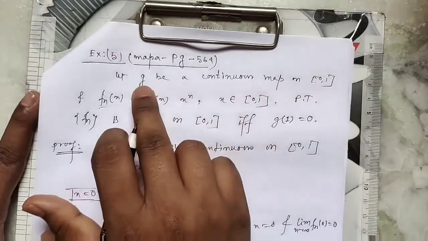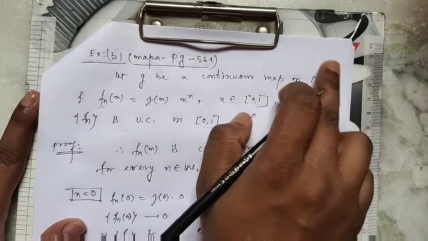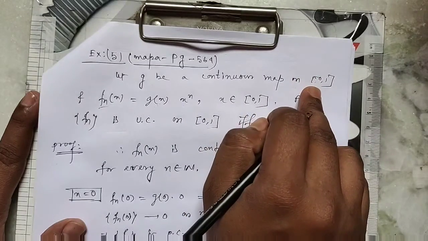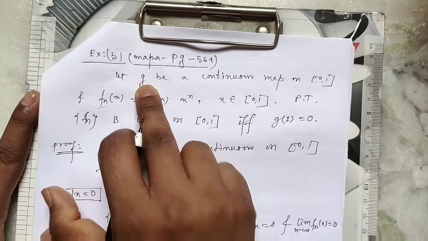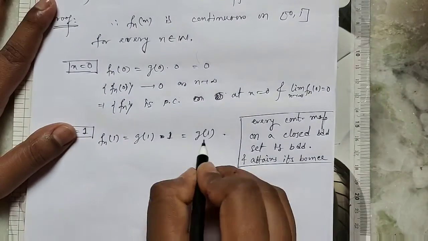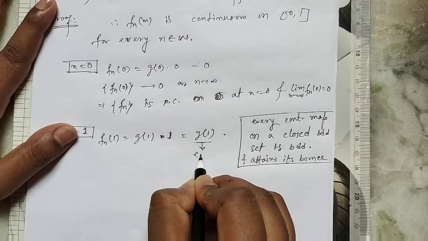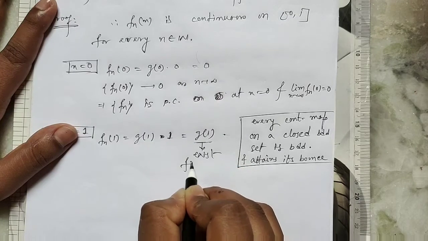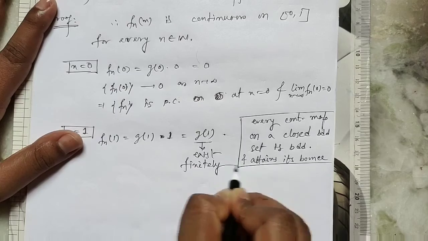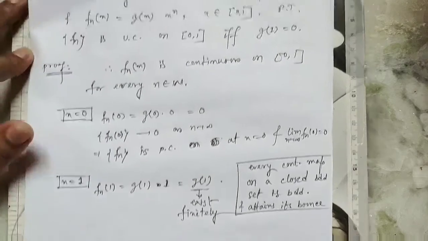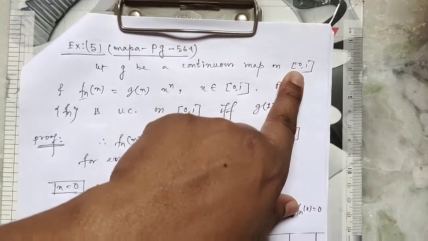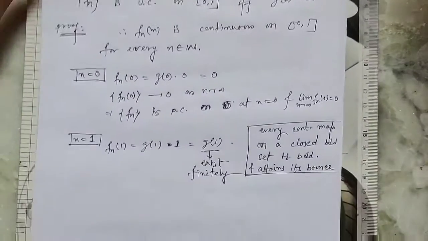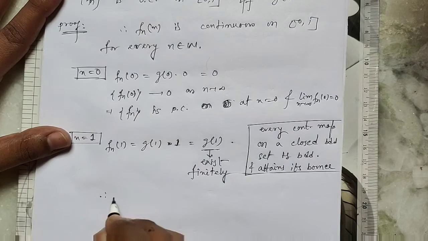This is a closed bounded set. So for every point on closed [0, 1], the functional value of G must exist. So G of 1 exists finitely because G is continuous on the closed interval [0, 1]. Okay,